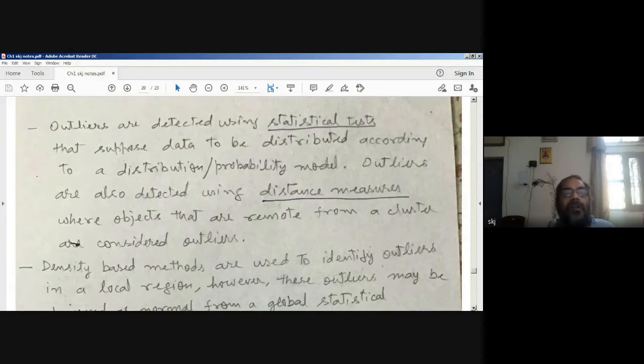Okay. So outliers are also detected using distance methods, where objects that are remote from one cluster, or far from a cluster, are considered outliers. Okay. So one word here, distance measures. Meaning is, if we think in terms of physical measurement, okay, so distance is,